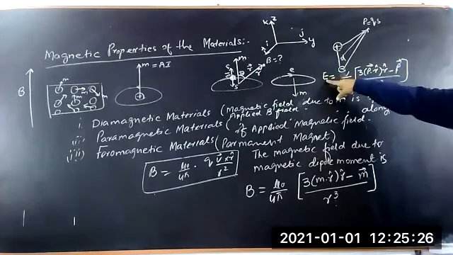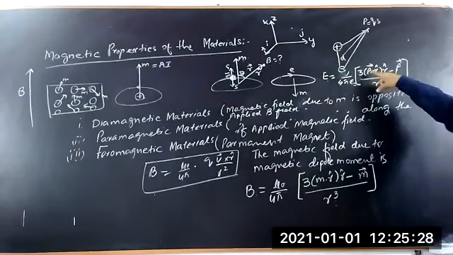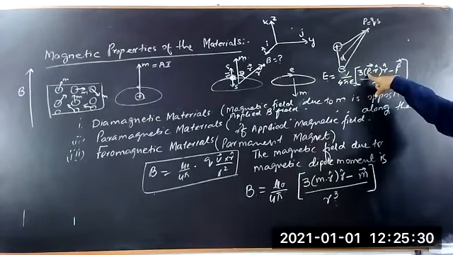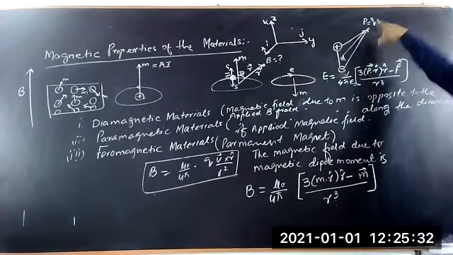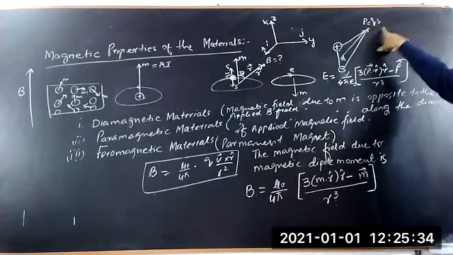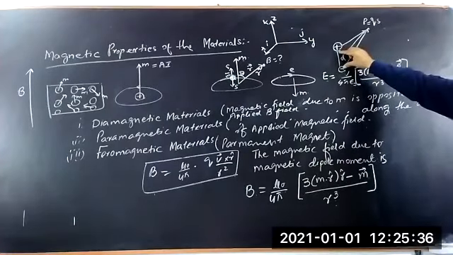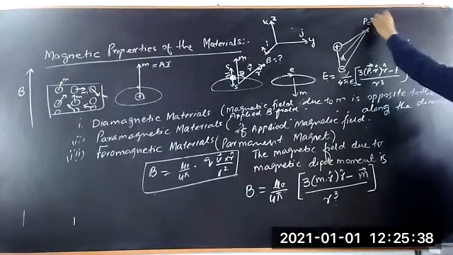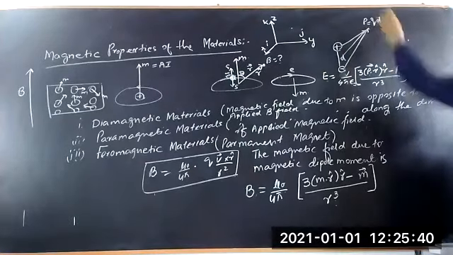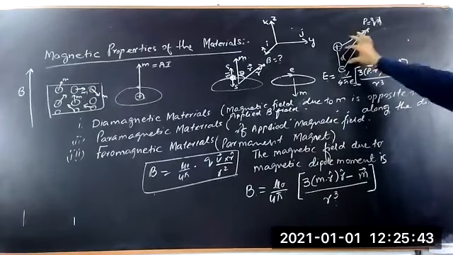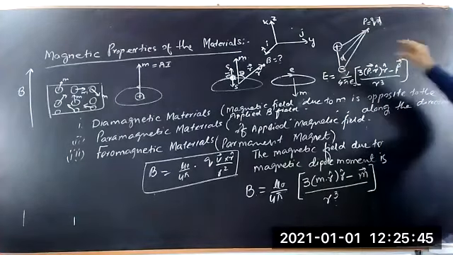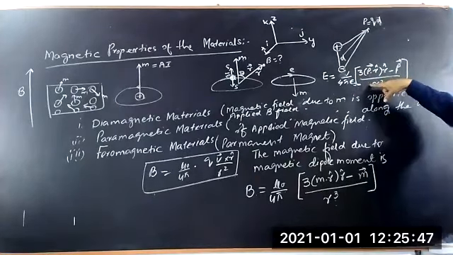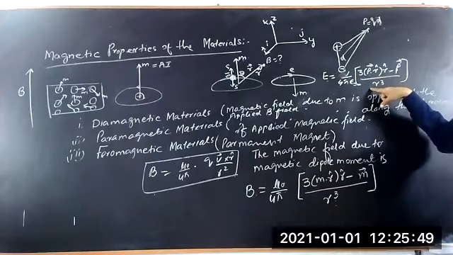The electric field due to the electric dipole depends upon the electric dipole moment. This P is called the electric dipole moment, which is the product of Q into S. Q is each of the charges and S is the separation between them. So instead of S, you may write it as Q into D because we have D here. So this is the electric dipole. This you have discussed in chapter number 3.